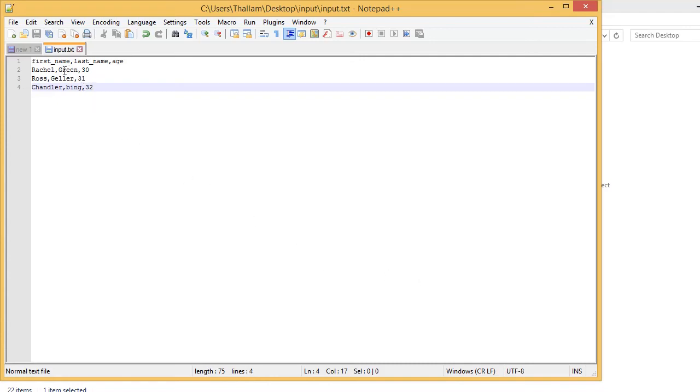I want to use this input.txt as my input file. So the file path would be this one, user desktop input.